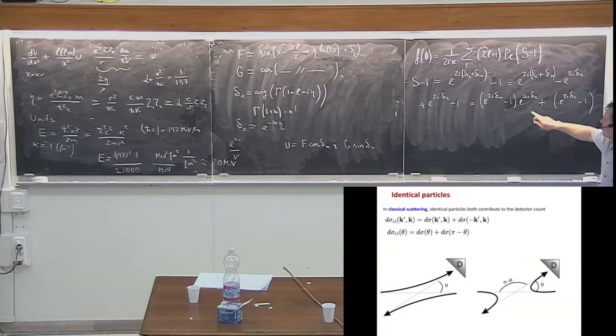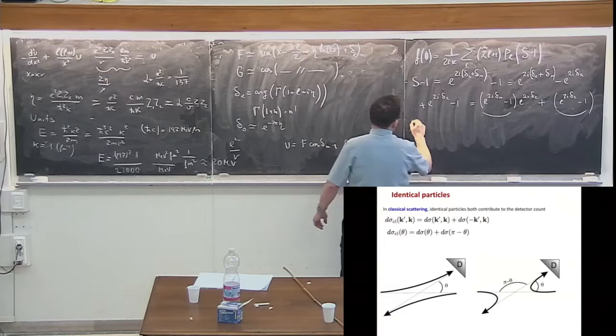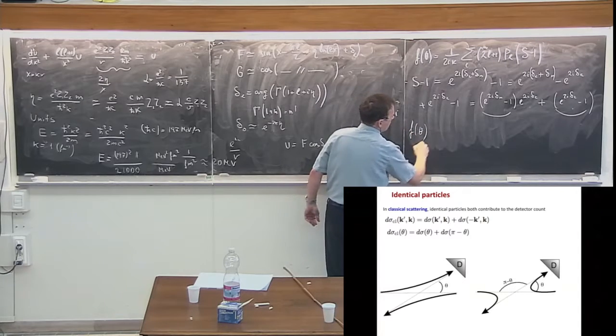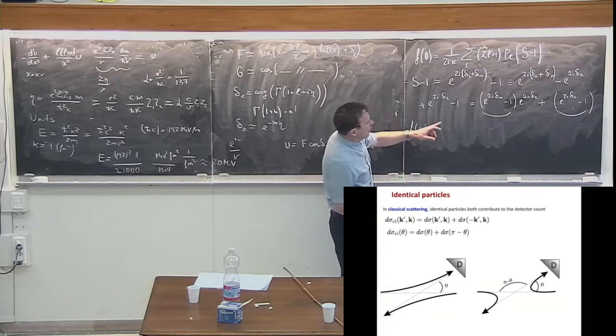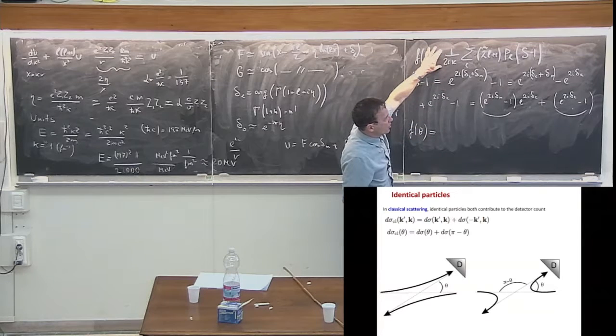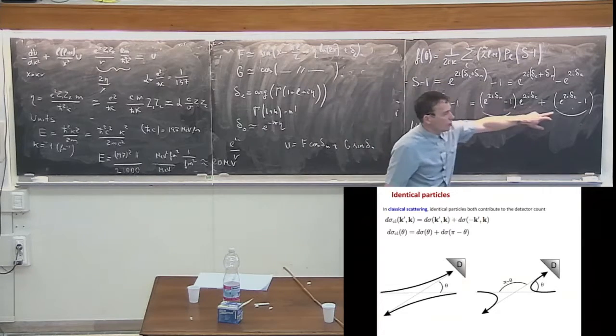Right, so you break this S minus 1 into two parts, this one and this one. This part is just a pure Coulomb part, and this one is a nuclear part multiplied by the Coulomb phase. So therefore your total scattering amplitude f of theta is given as, you have this expression, and in this expression this term